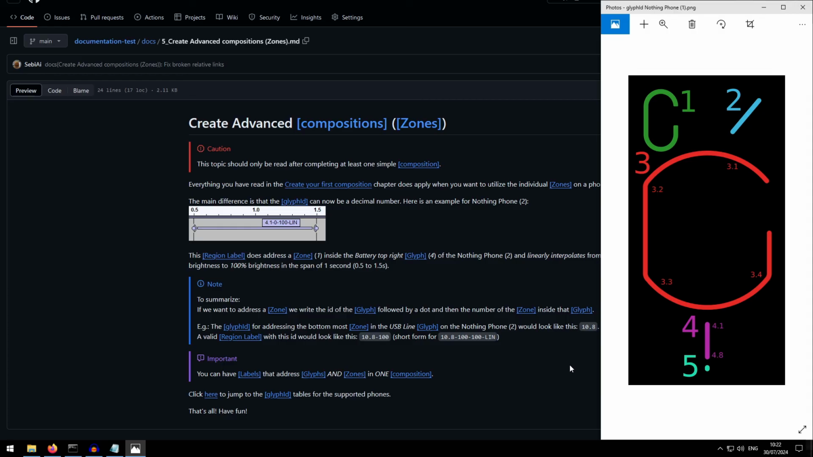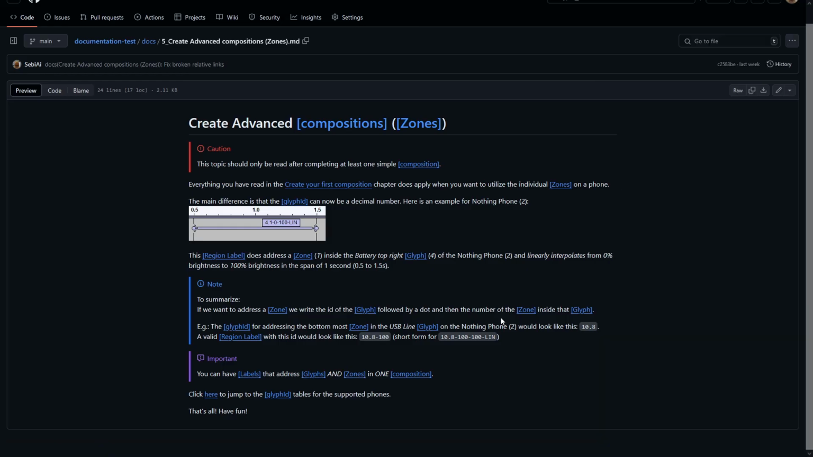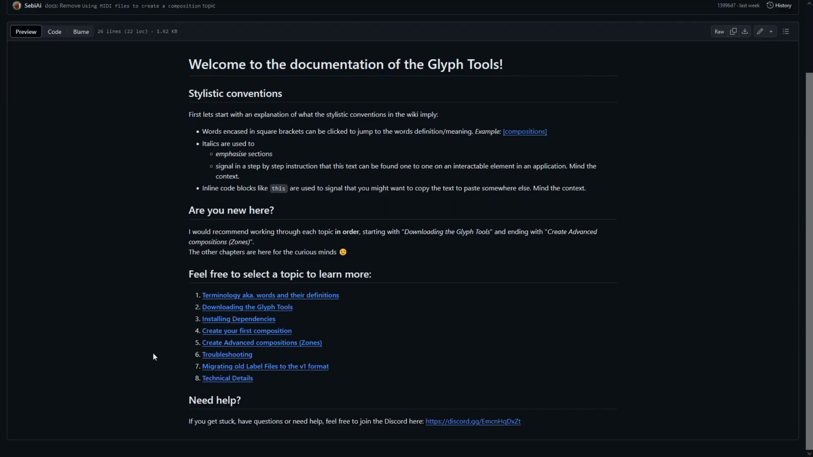So if you want to address a zone, you don't use the whole number, you use a decimal, where the first part of the decimal is the glyph ID of the glyph, and the second part is the zone inside that glyph. Here you can see an example on how to address one zone in the USB line glyph on the Nothing Phone 2. Once again, if you need help, take a look at the troubleshooting topic,